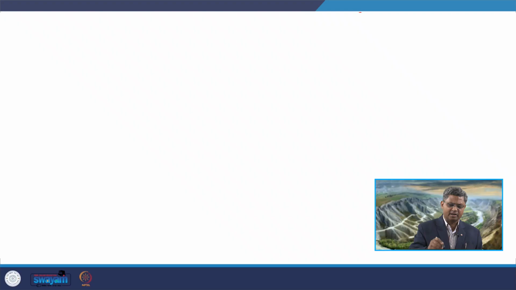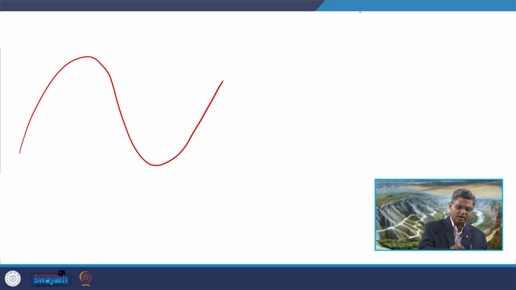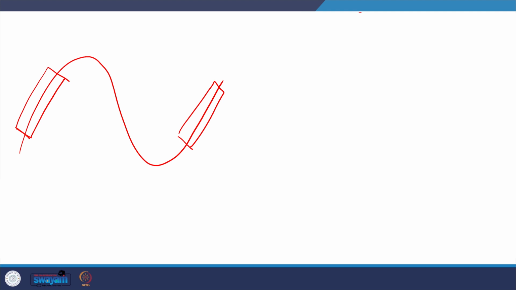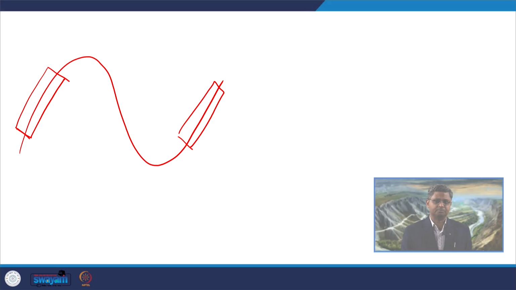Overall, the succession shows a fining upward trend in general. It forms during the stage of base level rise when the rates of rise outpace the sedimentation rates at the shoreline. This fining upward succession is the result of retrogradational stacking patterns, leading to a fining upward profile both in the marine part as well as in the non-marine part. Again, I am referring back to this curve, where we commonly get this transgressive phase during this particular time, when the rate of base level change is higher than the rate of sedimentation.